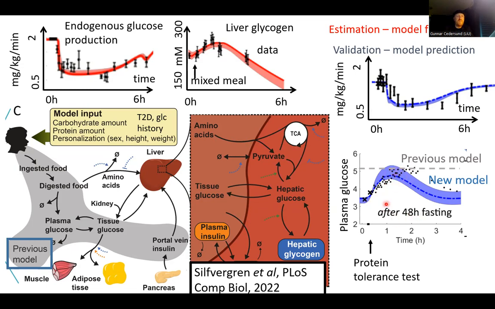So we did the fasting for 48 hours, and we put on the glucose sensor to see that the data here, which are the different dots here, are really going up and then down in response to this protein tolerance test. We don't drink any glucose at all. We just drink proteins. But anyway, we see this increase and the decrease. So I think this is an example of a qualitatively new prediction. And you should always look for that because those are the strongest ones.